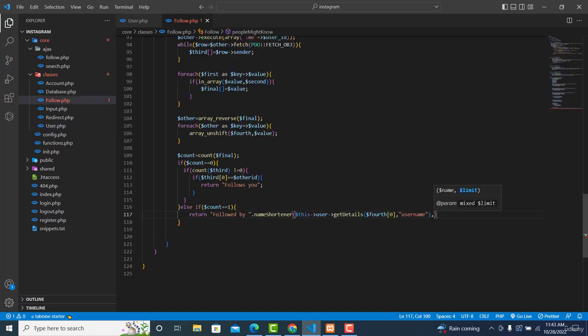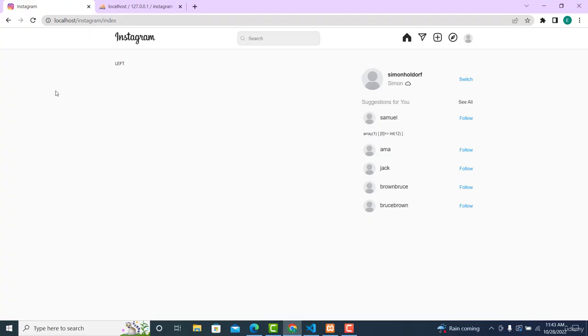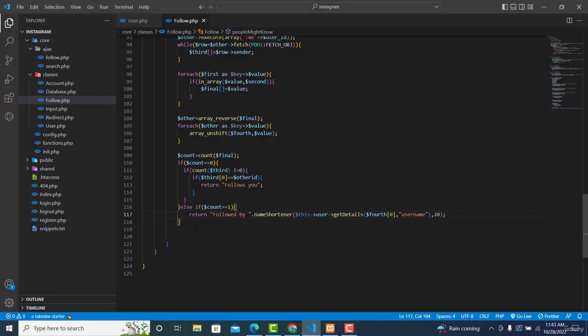Then this one be the limit. I want it to be 20 characters. It's up to you, which is this one. Okay. So now let's refresh it. So as you can see, followed by this one, meaning that our logic has worked fine, which is this one. Okay. Else if is 2, else if